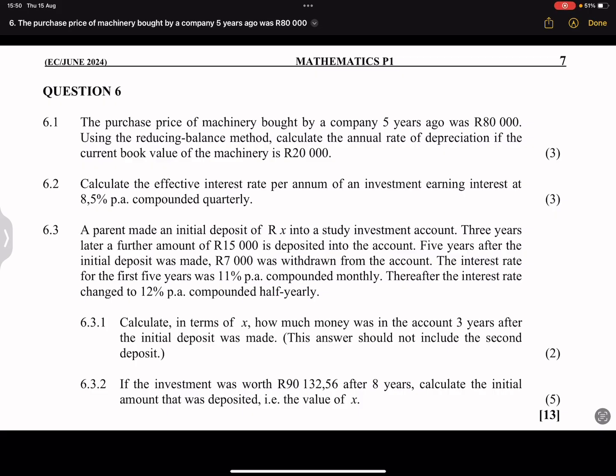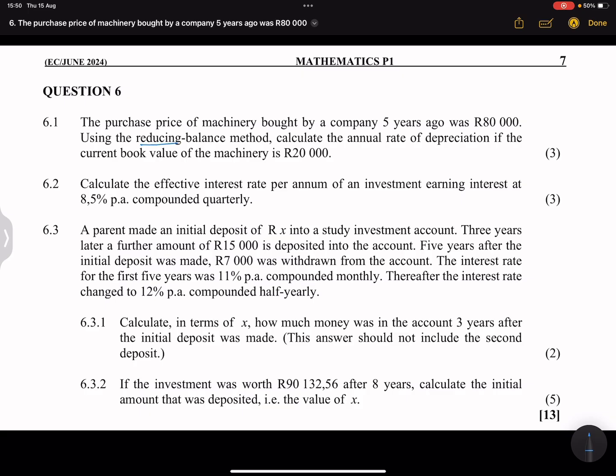Right, and now we look at question 6. They say the purchase price rather of a machinery bought by a company 5 years ago was 80,000. Using the reducing balance method, calculate the annual rate of depreciation if the current book value of the machinery is 20,000. Right, now the first thing that we need to note, ladies and gents, is that we are using